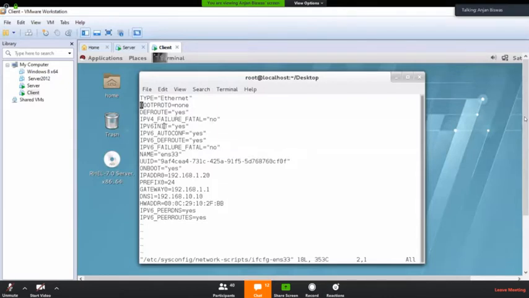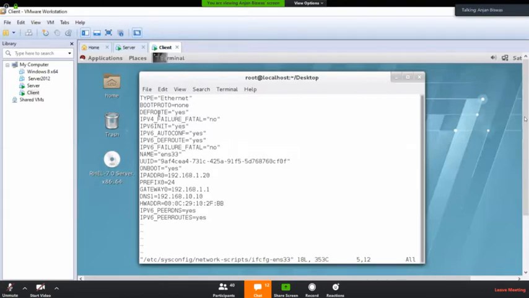So boot protocol is none. As I have configured the IP address through the static mode, that's why it is none. If I want to configure the IP address from the DHCP server, here it will be DHCP. Default route yes, IPv4 failure, IPv6 yes. It means this configuration method also.